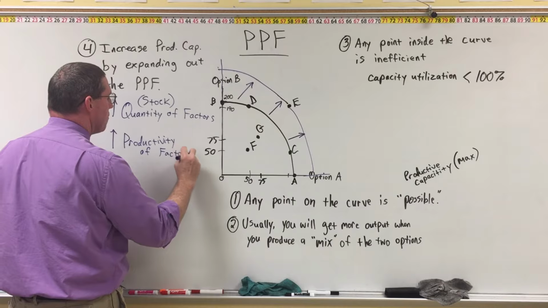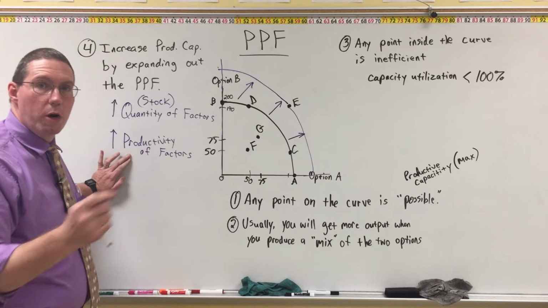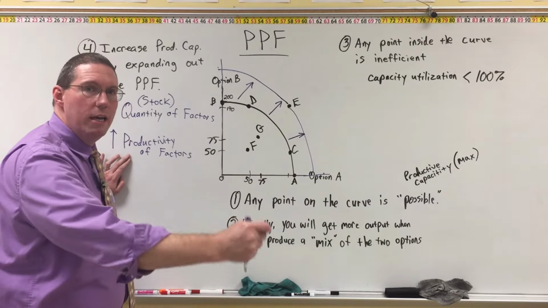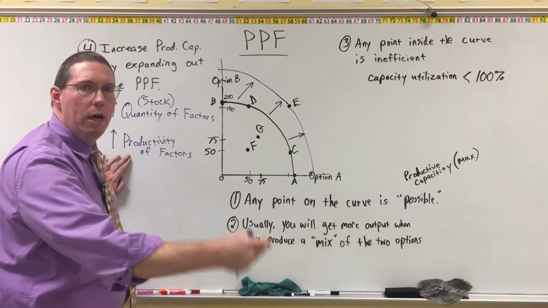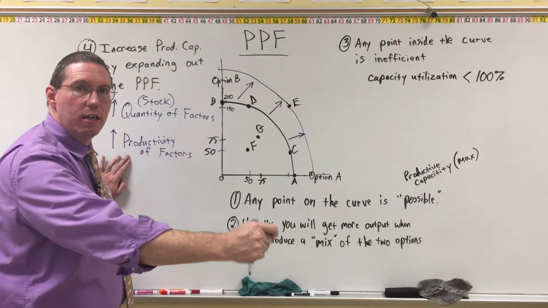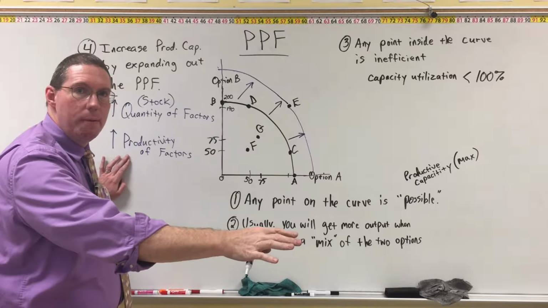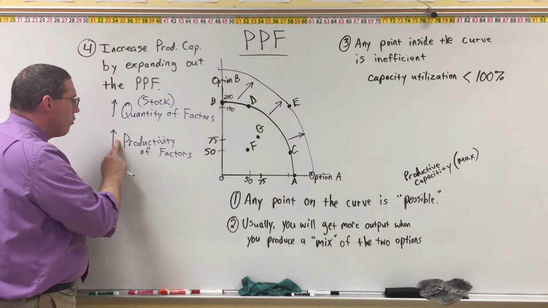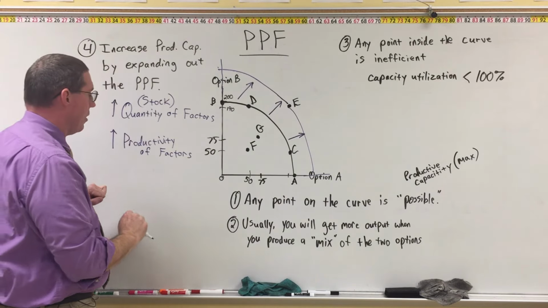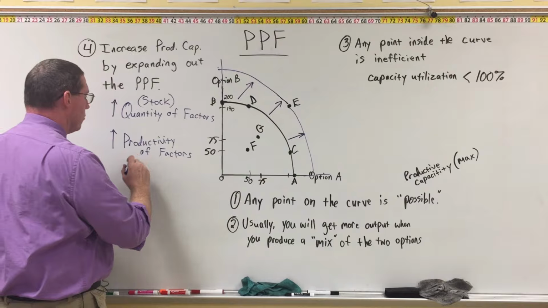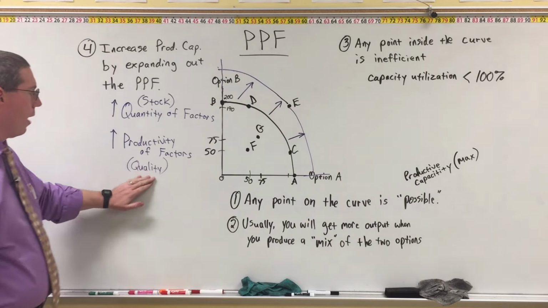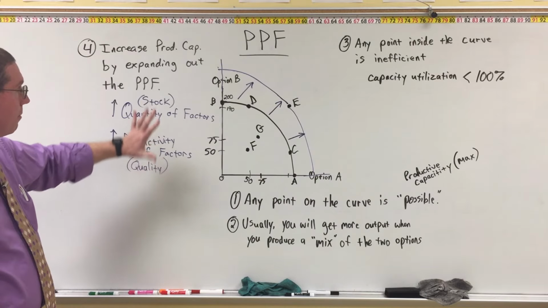If we can make our factors of production more productive to where each factor of production can make more, if we can get more out of the wood, if we can get more out of the cow, if we can get more out of the worker, if we can get more out of the truck, if we can get more out of the machine, then we are increasing the productivity of those factors and we will increase our productive capacity. Remember, productivity of the factors, that's a question of the quality of the factors of production. Okay? Now, last thing I'm going to say about this